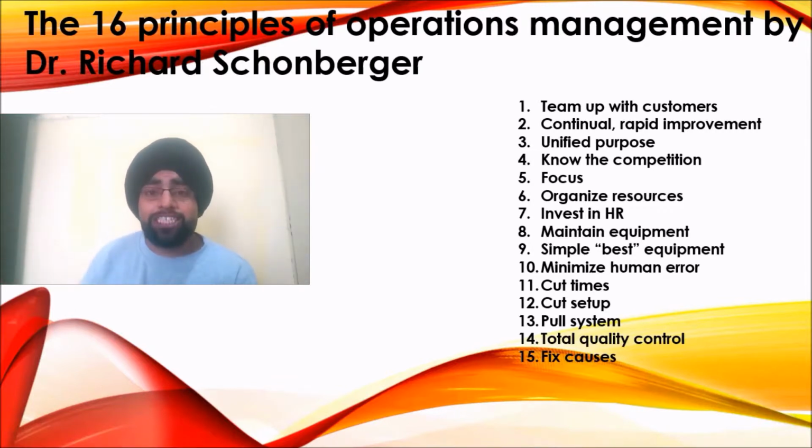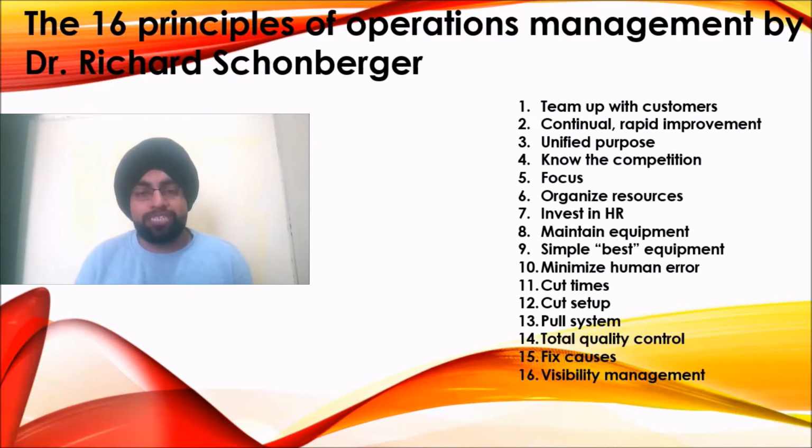The 16th principle, and the last principle defined by Sir Richard Schonberger in this list, is that of visibility management. What does this mean? It simply means that whatever changes you bring into your processes with an aim to improve the quality, efficiency, and effectiveness of your product, you should inform the company and the customers around you, because it helps to create a positive environment wherein the customer is also confident of your products. This helps the company to generate more and more customers, and it will help the company to improve its profit levels also. So these are the 16 principles related to operations management that are defined by Sir